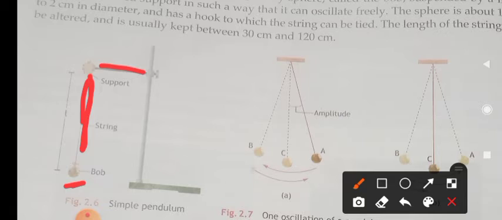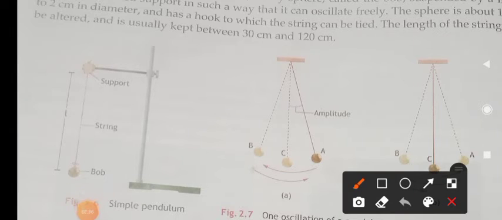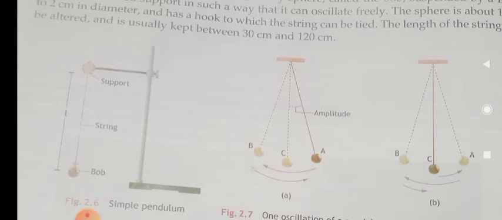Yes, good. When a pendulum is at rest with the string vertical, it is at its mean position. So what is the mean position? When it is suspended and not moving, it is at rest with the string vertical. The string should be vertical. At that position it is said to be the mean position. For example, see, this is suspended with the vertical string. So this is said to be the mean position of the simple pendulum. Okay, children? Yes. What about the next one?